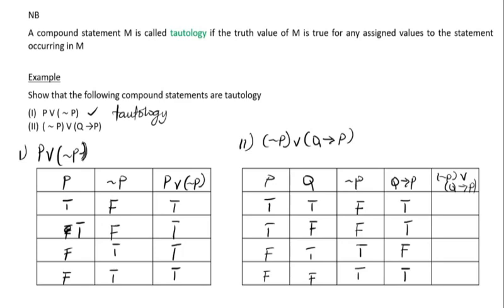Alright, so now let's see. We have negation of P or Q implies P. Now we are using the operation or between the two of them, let me use another color to indicate that. Which means if one of them is true, it is enough to make the truth table of this side true. So we have false here or true. Because one of them is true, this is true. We have false here, we have true here, so this is true, because we are using the disjunction. Now true, false is a true statement, true, true is a true statement. Now can we see that the overall truth values for negation of P or Q implies P are all true? Yes, because they are all true, we can also say that this is also a tautology,